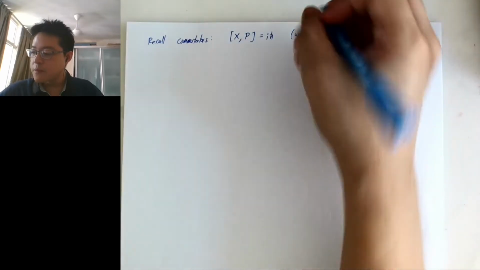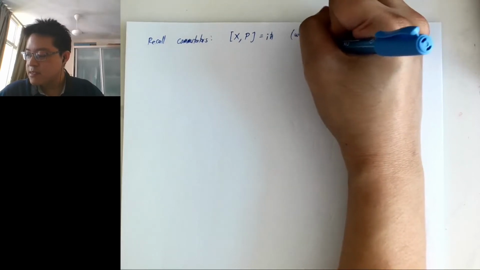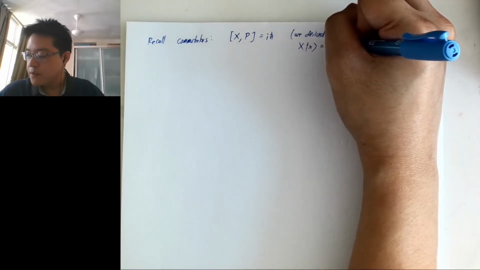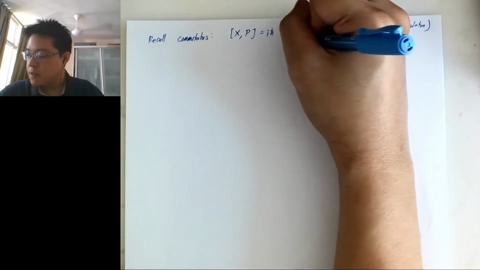Okay, so remember we use the eigenstates, right? So on the eigenstates x, if your x operates on x, you got this, right? So the position wave function of